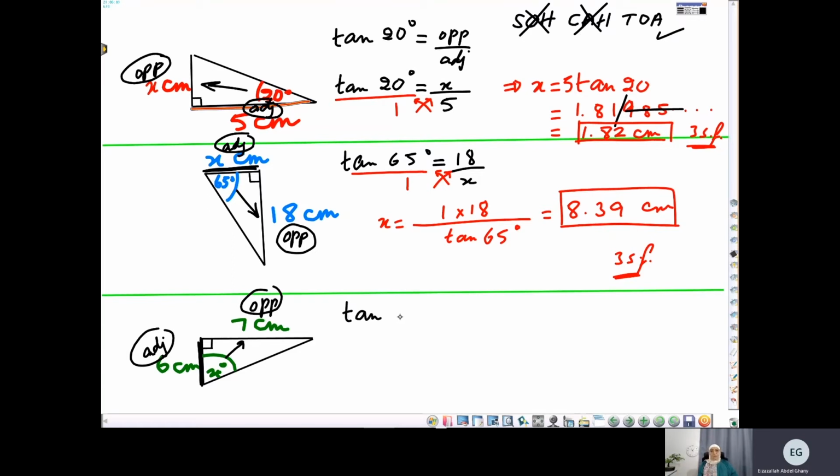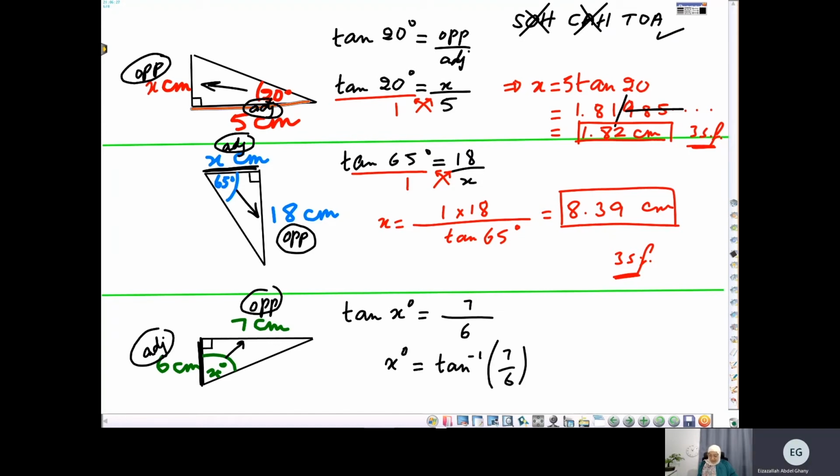How much is the angle? We don't know. It is tan x. We need to find it. And write the fraction: opposite over adjacent. How to remove the word tan and just find x? How to remove it? It's a function. We don't divide by the word tan. It's not a word, it's a function. So x is tan inverse